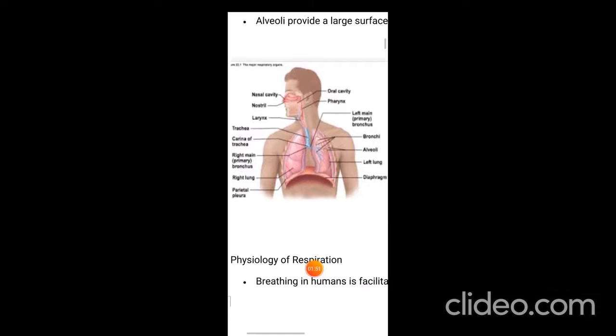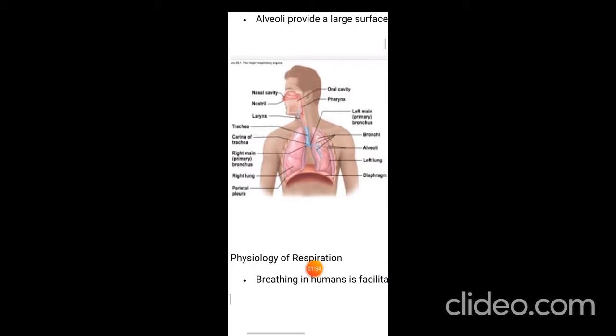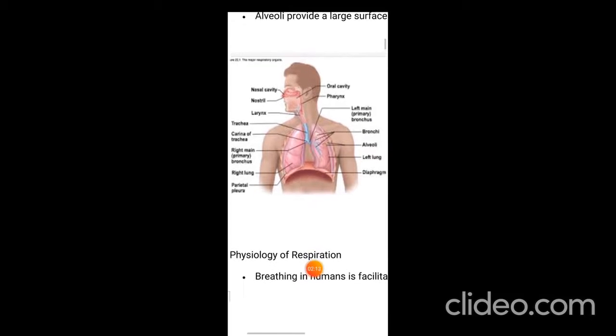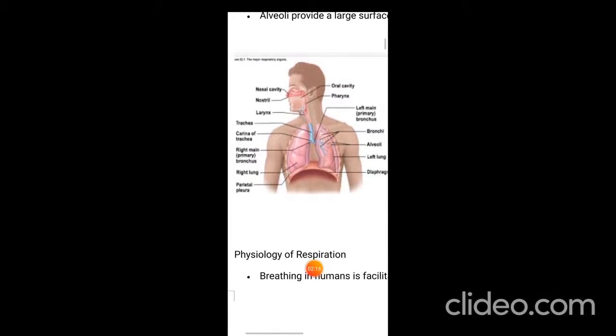And from the larynx, just below the larynx, the pathway of respiration in humans begins. Larynx means voice box. If you see, the first tube that connects from the larynx to the lungs is known as the trachea,